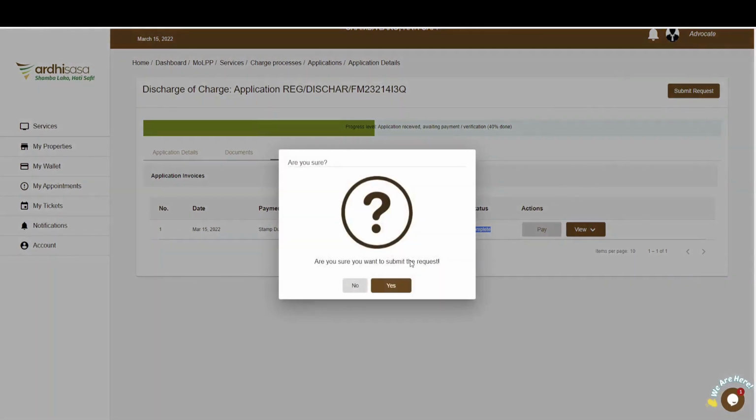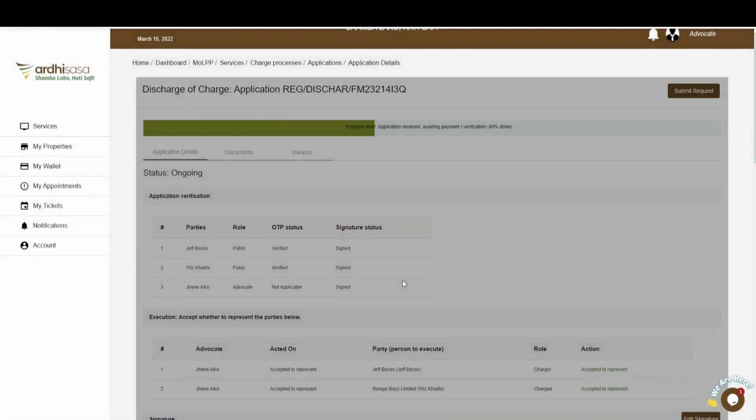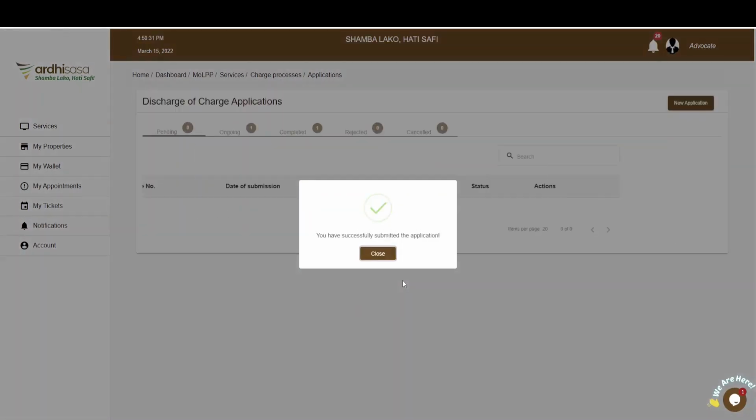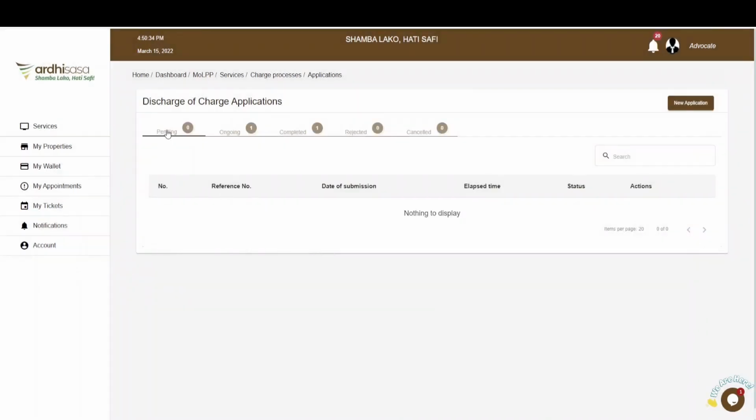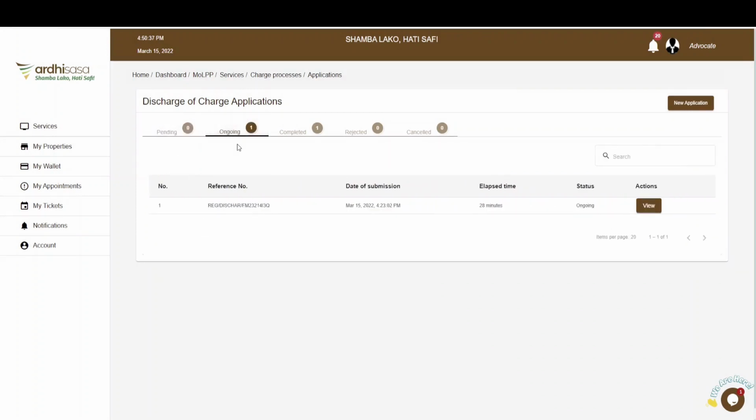A pop-up notification will appear requiring you to affirm on whether or not you want to submit the request. In our case, we'll proceed and click on yes, and there will be another pop-up notification confirming that your discharge of charge application has been successfully submitted, and then click on close. Your application status then changes from pending to ongoing, and at this point, your role as an advocate in this